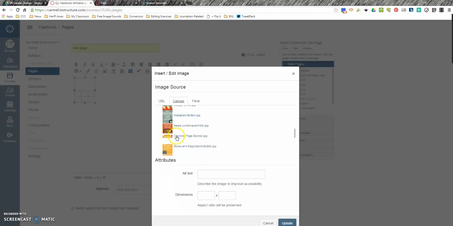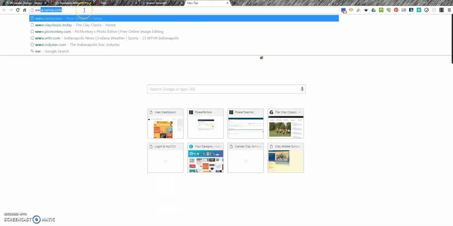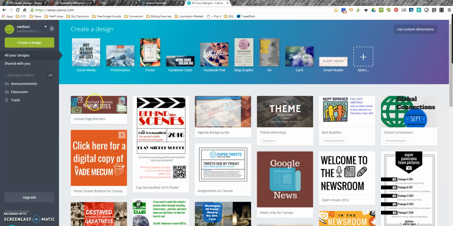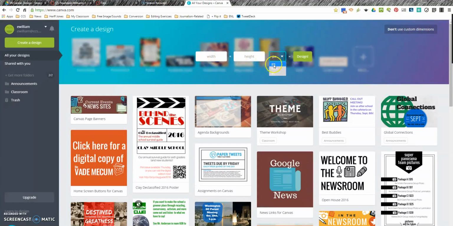You can actually change the size right down here. I've been doing 600 as my length, maybe a little bit bigger. What you want to do is pay attention to the size of your pictures. So for example, when you're in Canva and you've got your images here, pay attention to the size of it, because you can use custom dimensions and do a px,